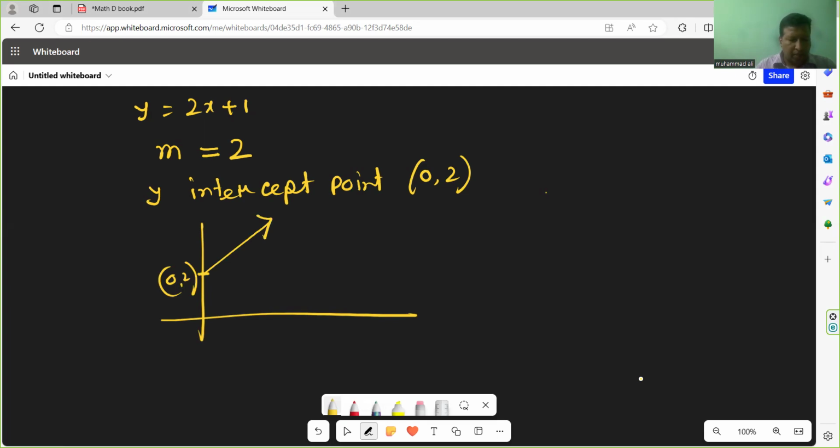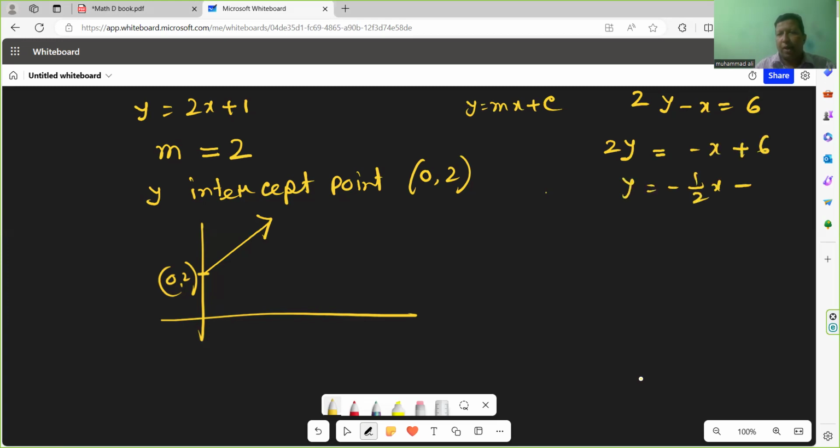Another maths: 2y minus x equals 6. You have to convert this into y equals mx plus c form. So we will write 2y equals minus x plus 6, so y equals minus half x plus 3. Here the gradient equals minus half, and the y-intercept